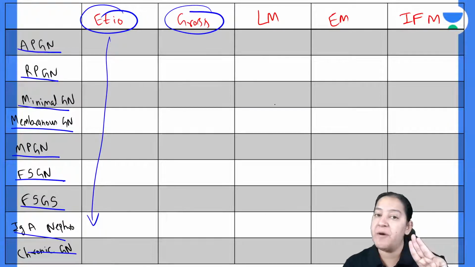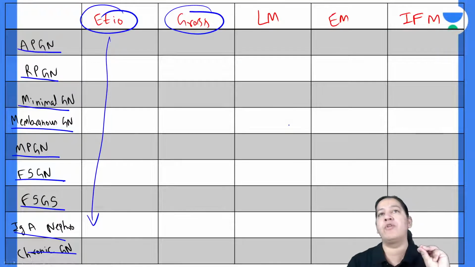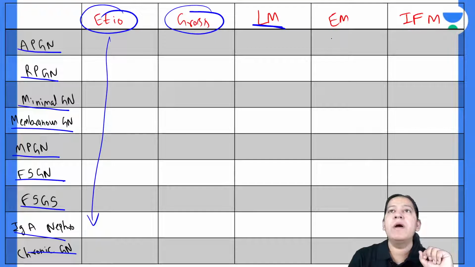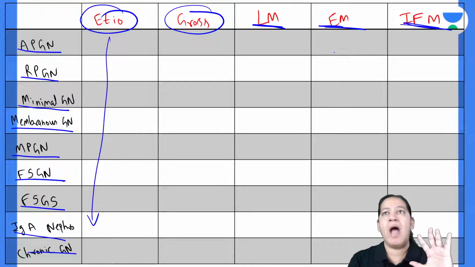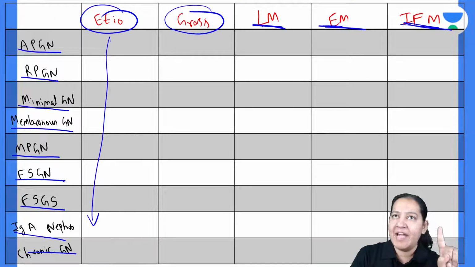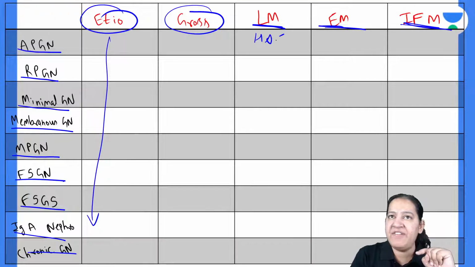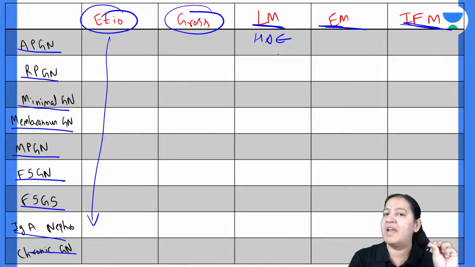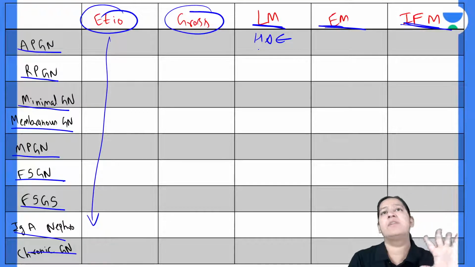Now, there are three types of microscopes which are used for seeing glomerulonephritis: light microscope, electron microscope, and immunofluorescence microscope. What do I mean by that? Why are we using three different types of microscopes to see any type of glomerulonephritis? In light microscope, we will see the H&E features of the slide, how the glomerulus looks morphologically after having glomerulonephritis, and we will describe that.